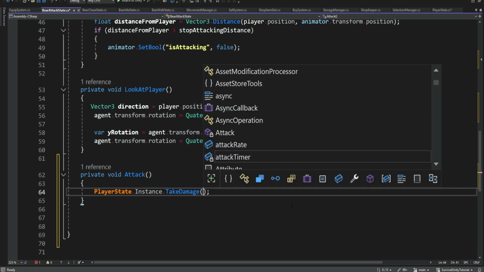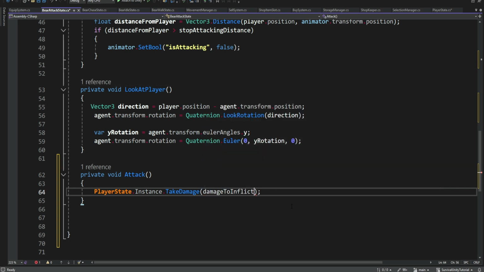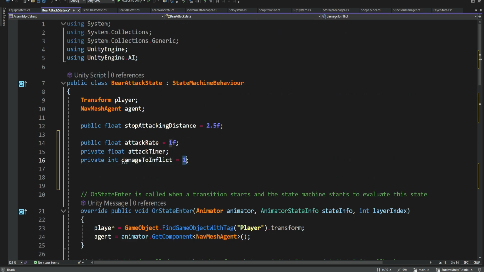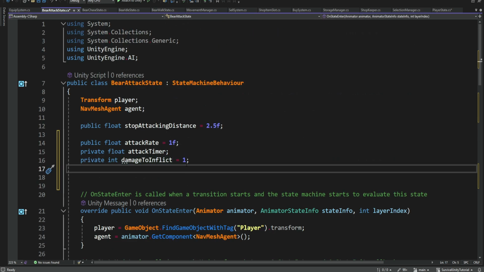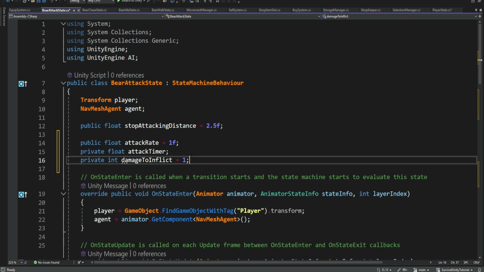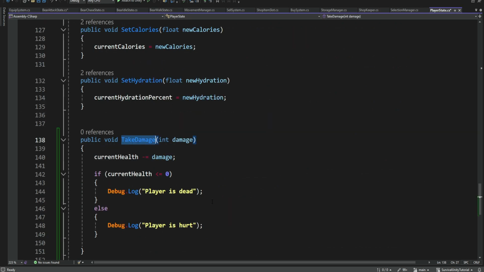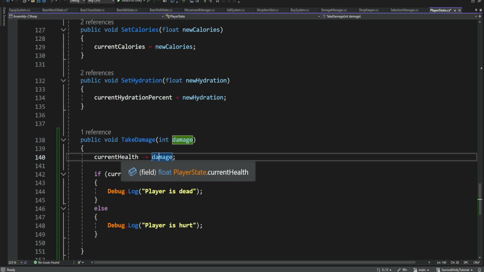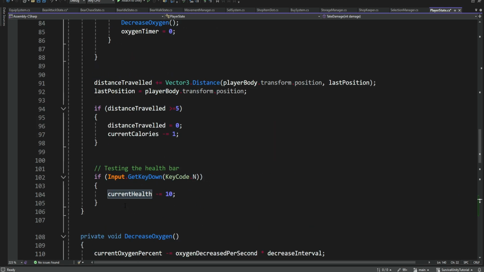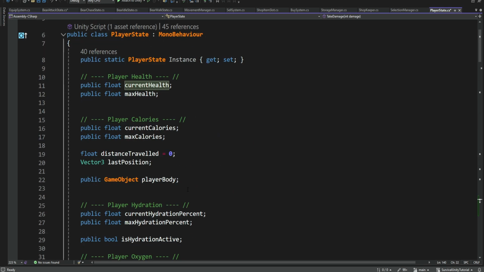And we're going to provide it with the damage to inflict. So the damage to inflict is this 1 over here. Of course, you can play around with this. Maybe your bear is stronger, let's say 5 or something like this. But this will be something you can play around with. And then we're going to pass it inside. It's going to go over here into the player state, and it's going to reduce 1 out of the current health. So if the player max health is 100,